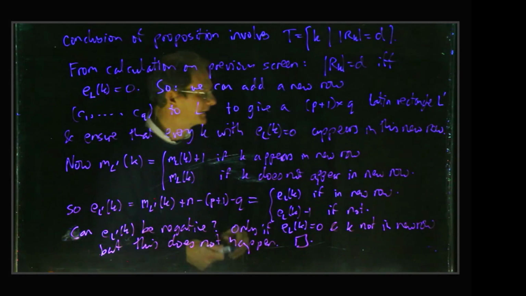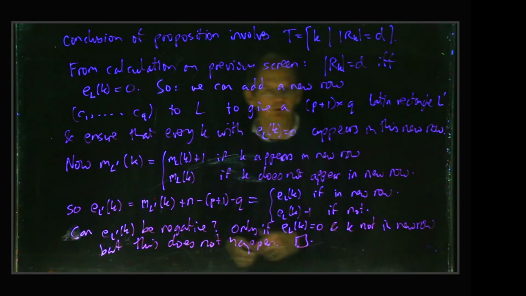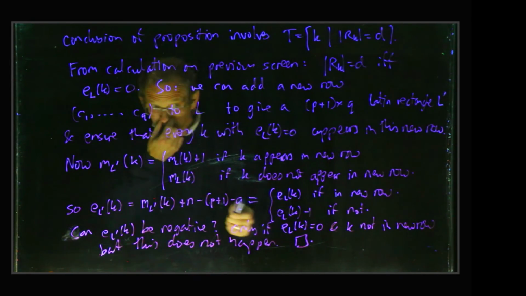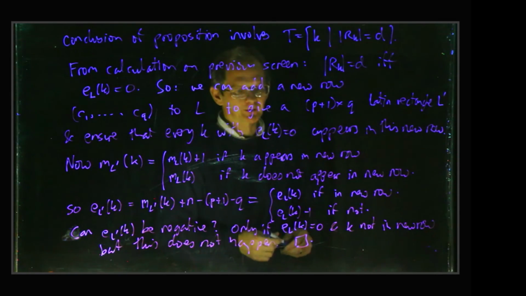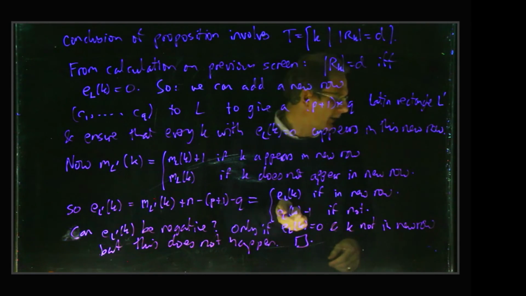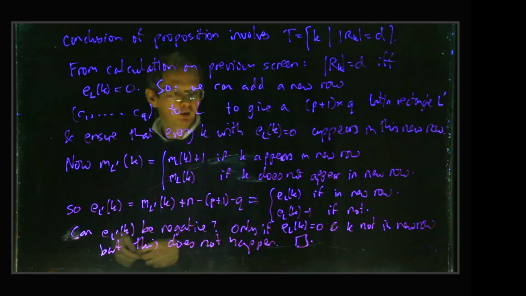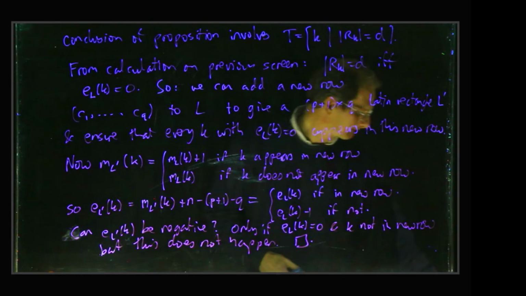Okay, so we've done what we needed to do. We've added a new row, and it still has the Latin property, and we've also ensured that these excesses EL prime K are still greater than or equal to 0. Because some excesses may have dropped down by 1, but only the ones that were already strictly positive before, so we don't get anything negative from that. So we've shown that if we've got a Latin rectangle in which all the excesses are non-negative, then we can add a new row. And as a corollary of that,